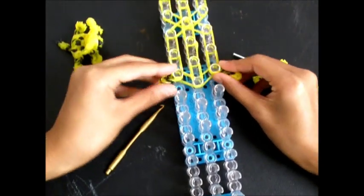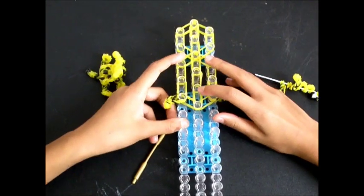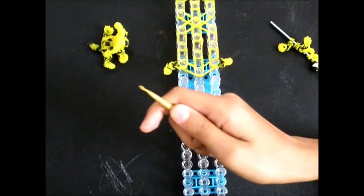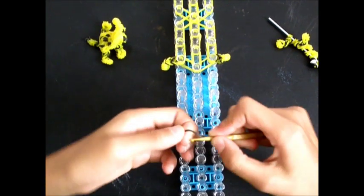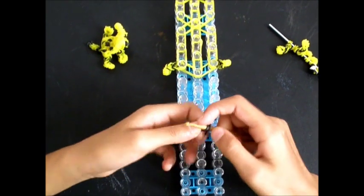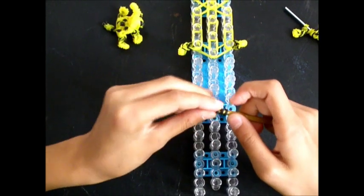And right now we are going to be attaching some spots for these pegs. So for the spots, we are going to be taking our hook. We're going to be taking one of these black bands. We're going to be looping it 5 times or 4. It just depends on how you want it to look. If you want it to be smaller, you can do 5, and if you want it to be bigger, then you can do 4. So for this, I'm going to be doing 4 times,